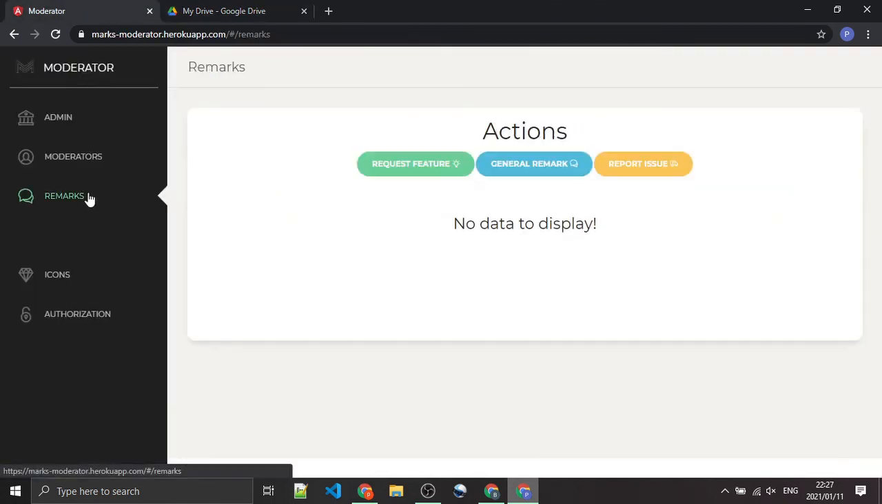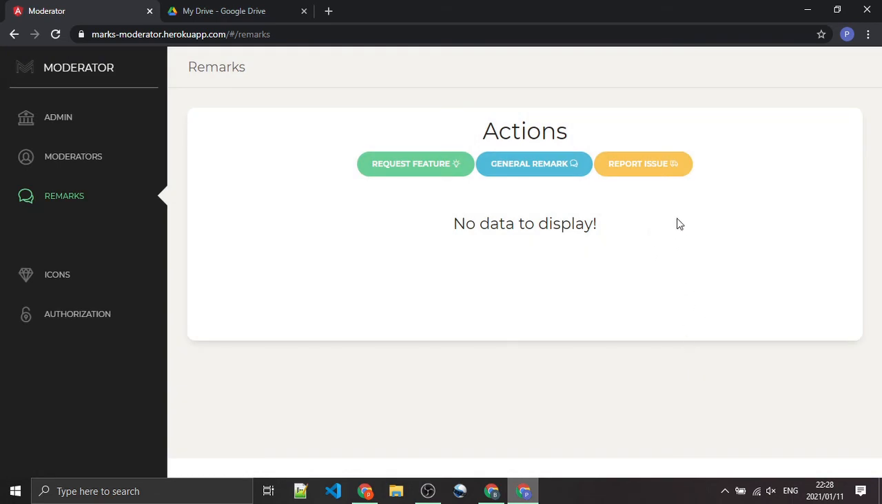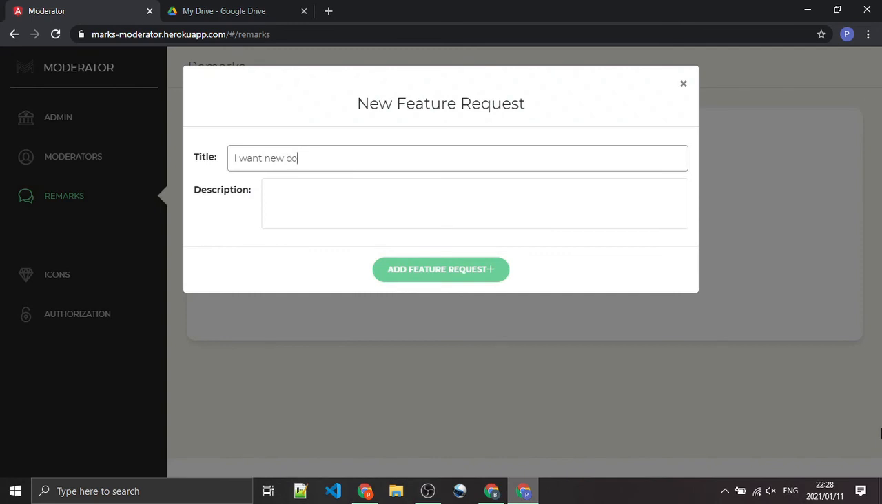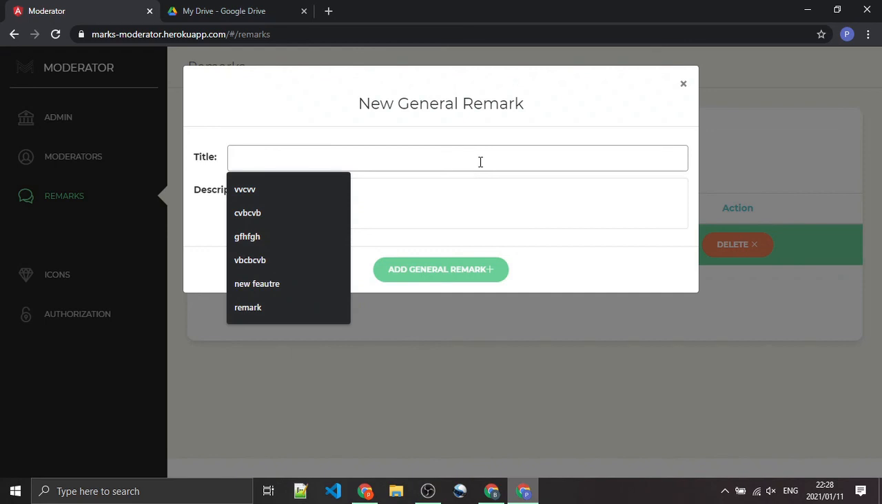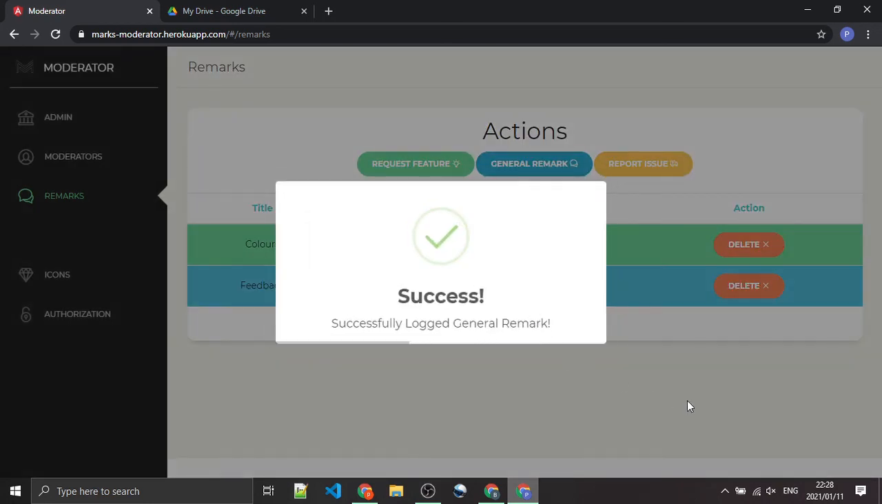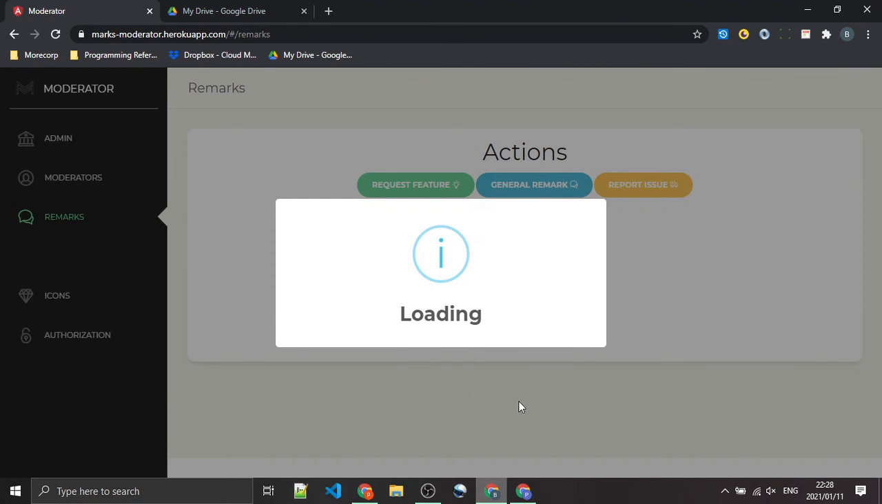The last thing is remarks. So initially it's just going to set it up. Right. And say you want to request a new feature. And similar for the moderator, it's initialized, and